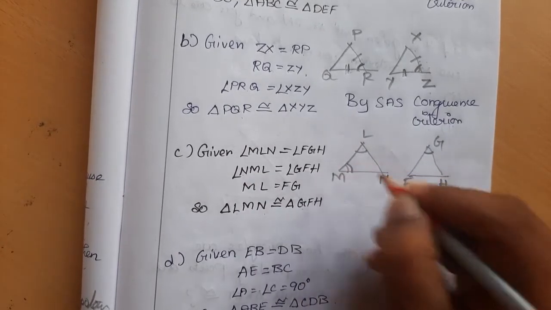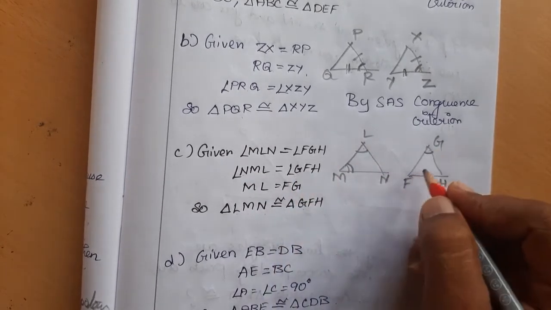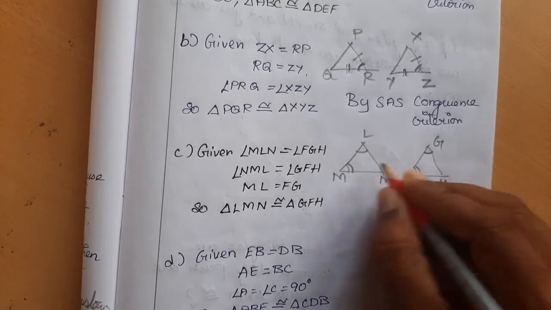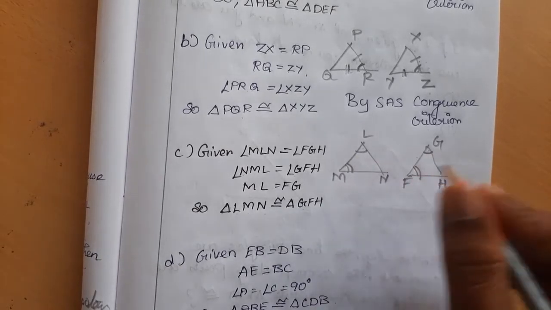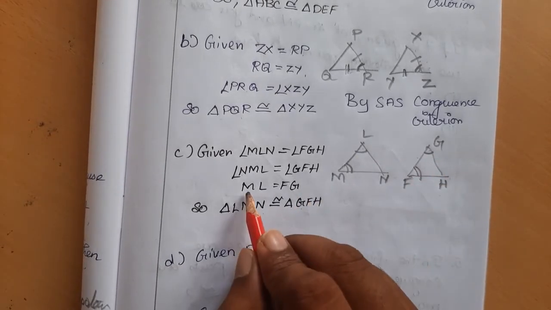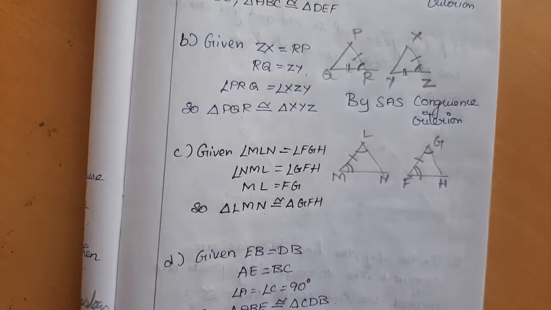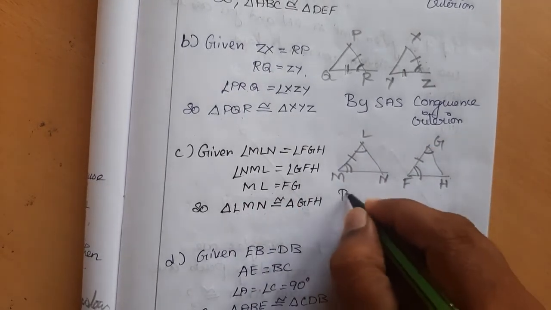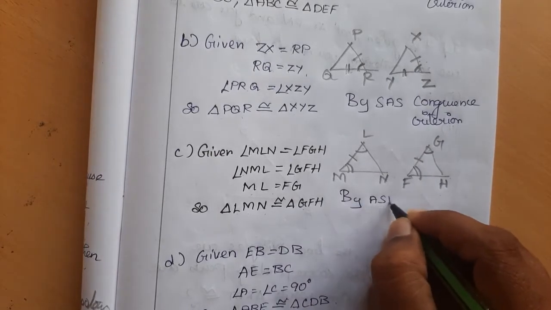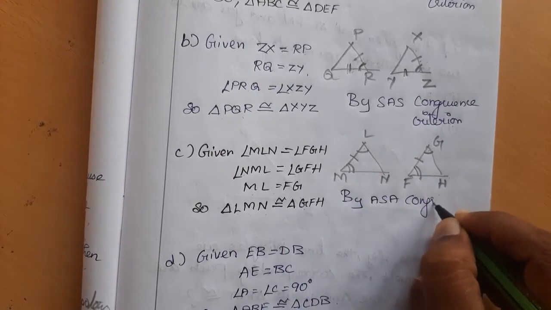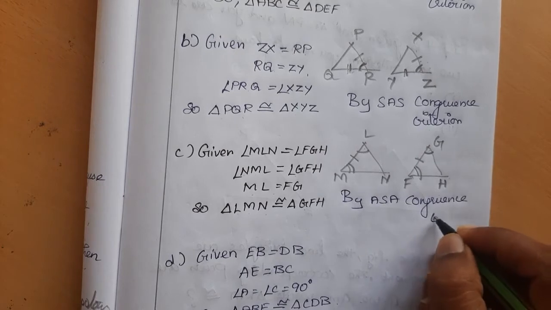Angle NML, this angle, is equal to angle GFH, this angle. So if these included sides are equal, then it satisfies ASA. Let's check. ML, this side, and FG, yes, included sides, right? So by ASA congruency